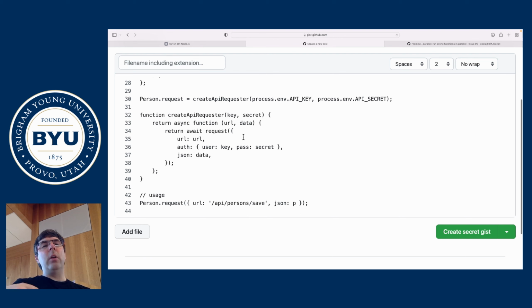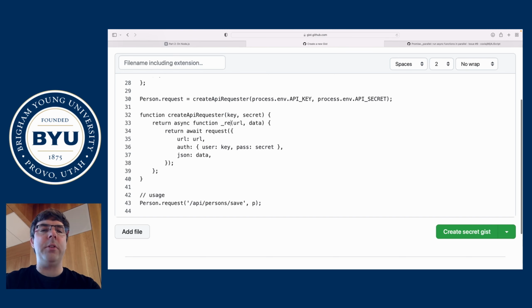So we could close over the URL. In this case, we're not. This is a usage of that. So as a usage of that, I would want to pass in, and I'm actually doing this wrong as well. I'm not actually following the same API that I outlined there. Now I'm following the same API. So this function, I'm going to call this requester, just so it has a name, since in its current state it is anonymous. Although when it gets here, it will be called request, but for goodness sake, I'll put that there. So now we're passing in the URL, and we're passing in ostensibly a person object P, and then